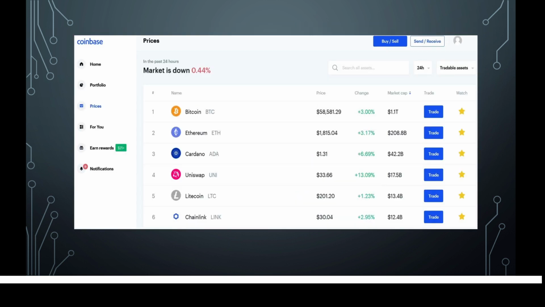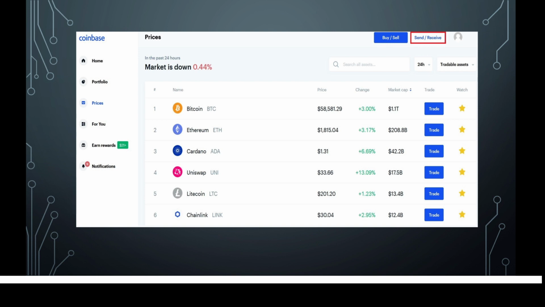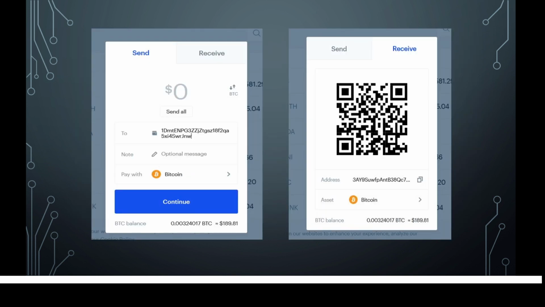But now let's go back to the prices page. Let's say you want to send and receive a cryptocurrency. You want to go ahead and click send and receive. Once you go into send and receive, you go right here, and this is in the send tab. In the send tab, what you want to do is put in the address of where the cryptocurrency is going to. And what the send address is, let's say you want to send Bitcoin from